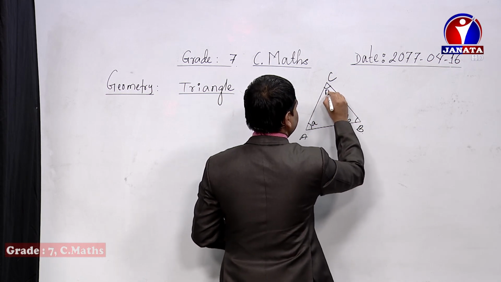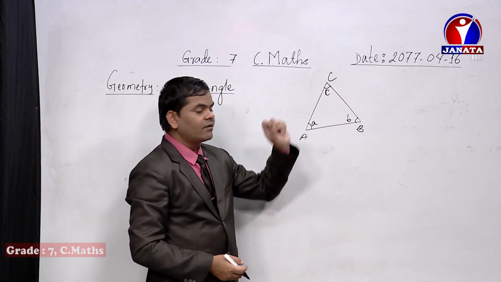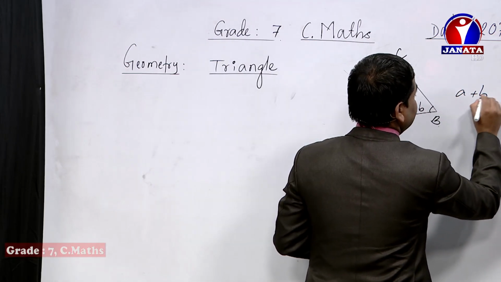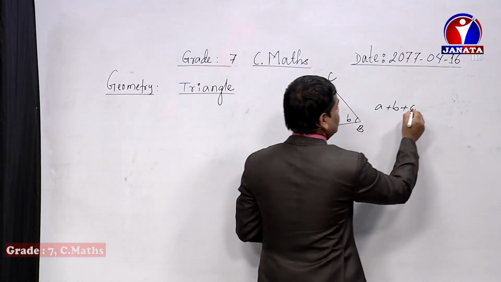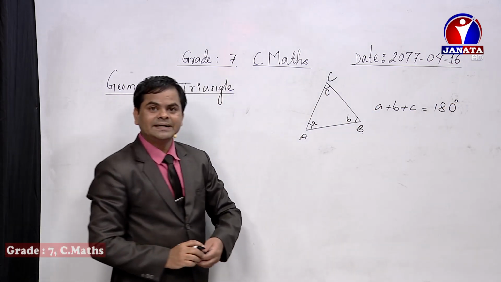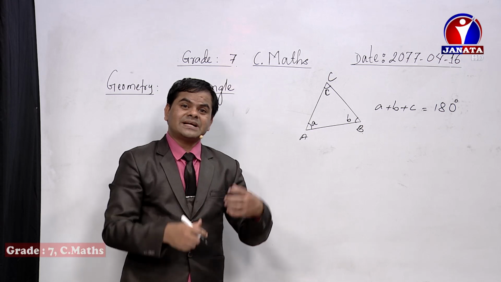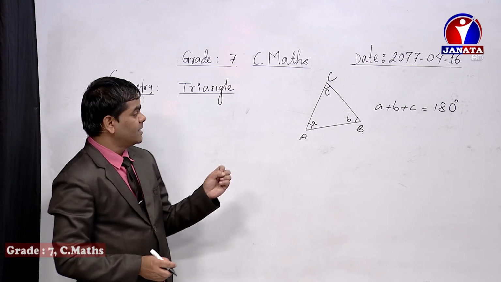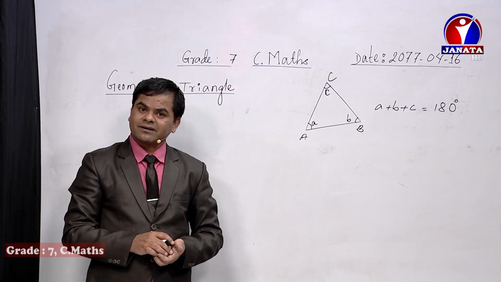measured by using a protractor. When we use the protractor to measure the three angles of the triangle, dear student, their sum, a plus b plus c, that means the summation of the degree of measurement becomes how many degrees? 180 degrees, isn't it? 180 degrees. So dear student, this whole chapter revolves around the sum of angles of a triangle and the different types of triangles. So today we are going to focus first of all on the different types of triangle.